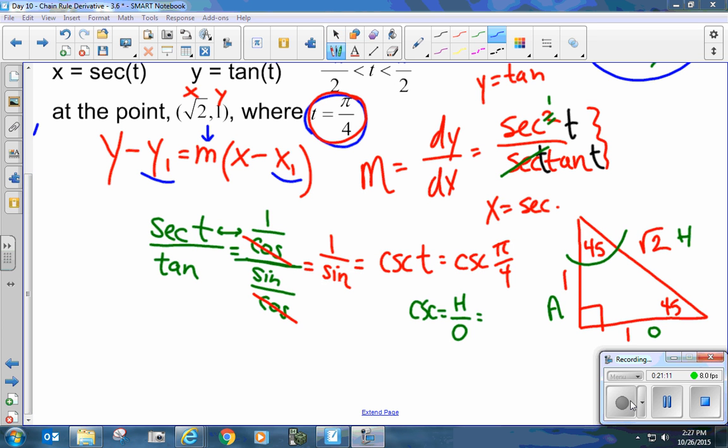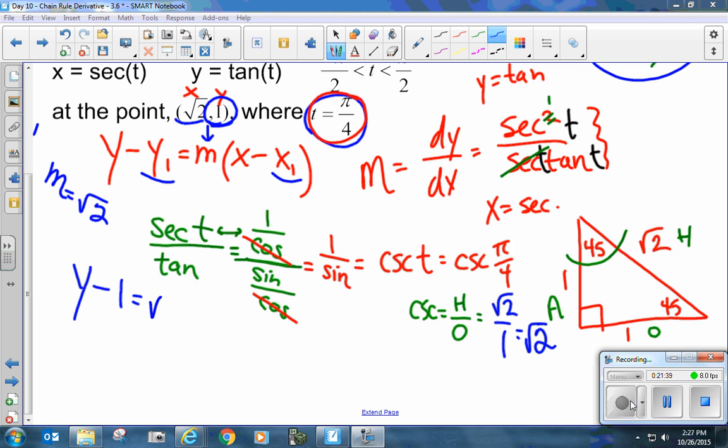All right, so now we know that it is radical 2 over 1, which is radical 2. That's your slope. Your slope is radical 2. Just to find the slope. But guess what? You have an x, you have a y, and now you have a slope. So y minus y1 equals radical 2 times x minus